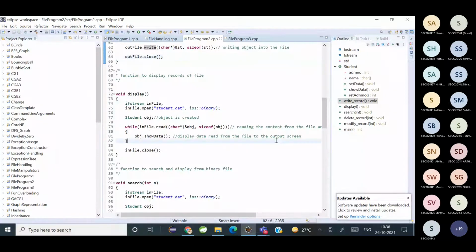Now, what about display? Tell me, somebody explain display. It's similar to that. How is the display function working? ifstream infile, line number 74. What does that mean?